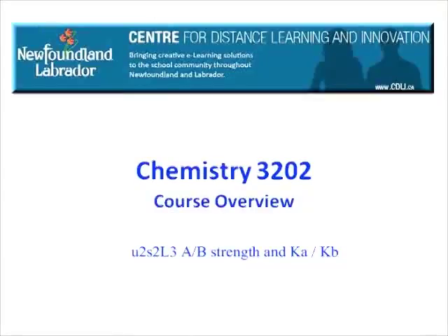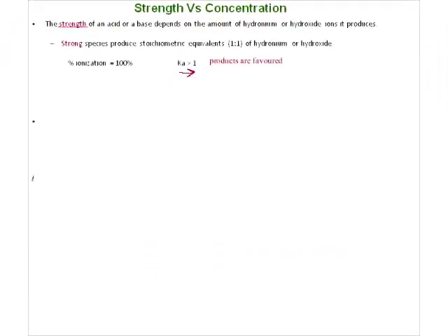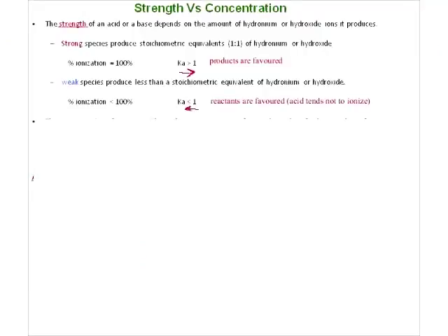Now if we look at the weak acids, weak acids were the ones that were classified as species that have a less than 100% ionization. So we see that they're less than 100%, which would mean that these really don't want to break down. And if we look at it from an equilibrium perspective, if they don't want to break down, that means they don't want to go forward. They tend not to ionize. So the K is going to be less than 1, so we're going to be falling back and favoring the